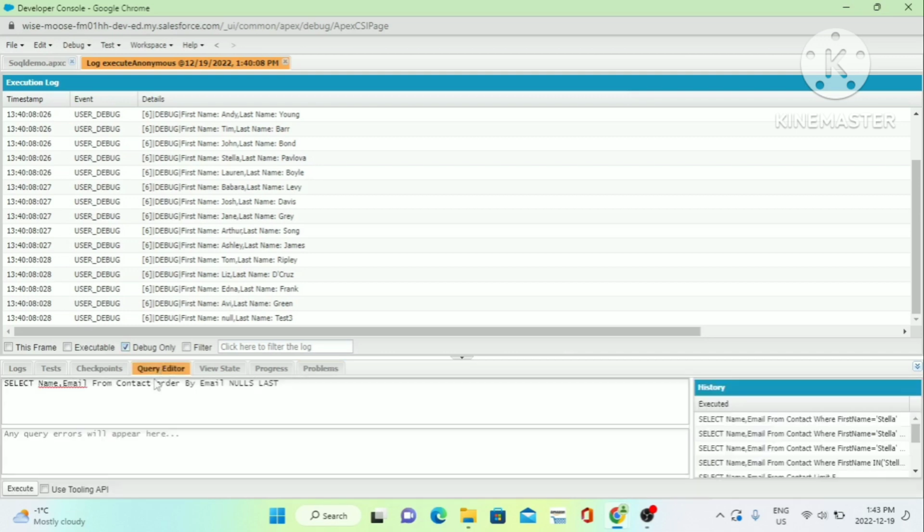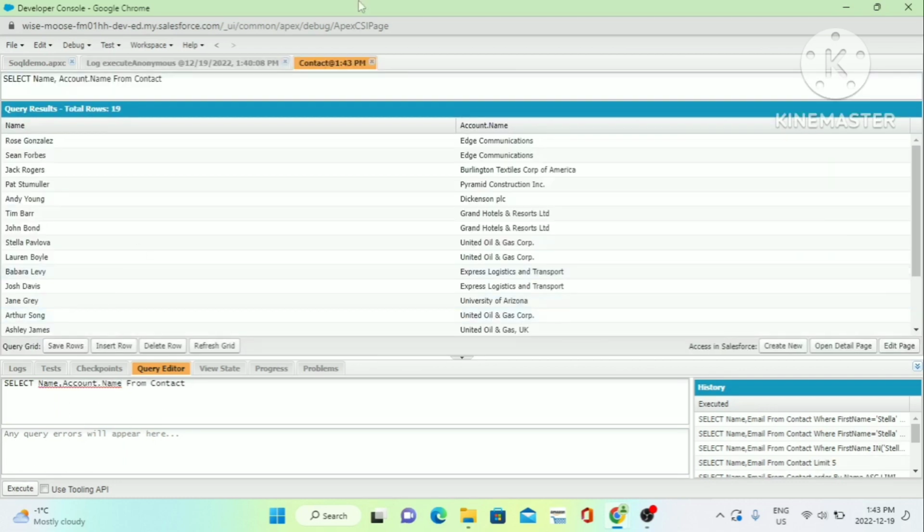Let's go to the query editor. So here we have name. Okay, now I want to get the account name associated with it. Then you have to give account dot name from contact. This is from the child, because here you have a child object. This is from child to parent. Okay, now if I want to get the child related